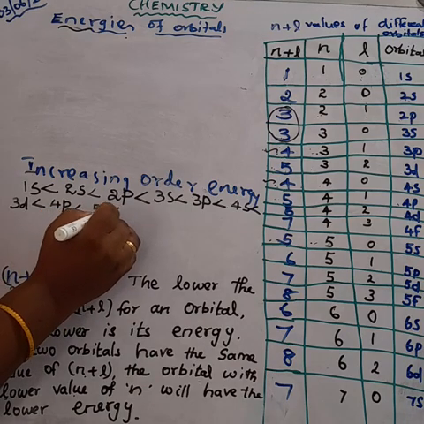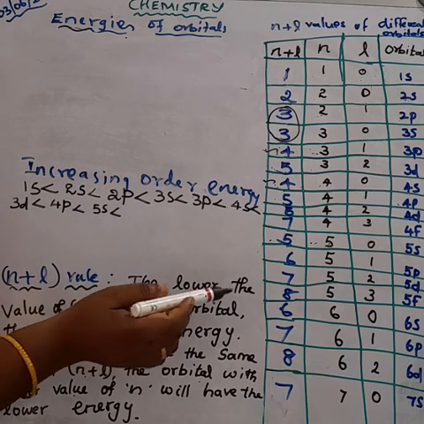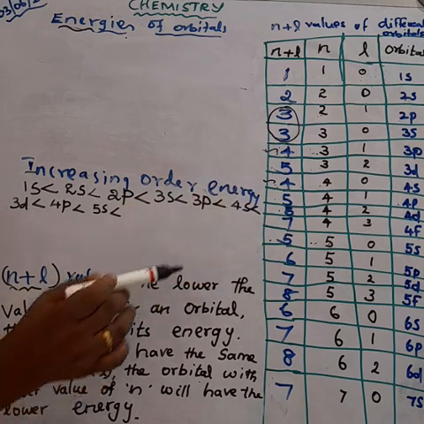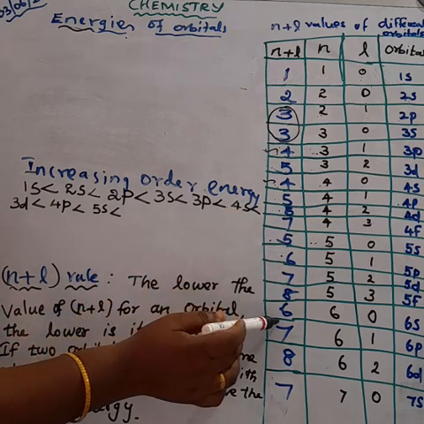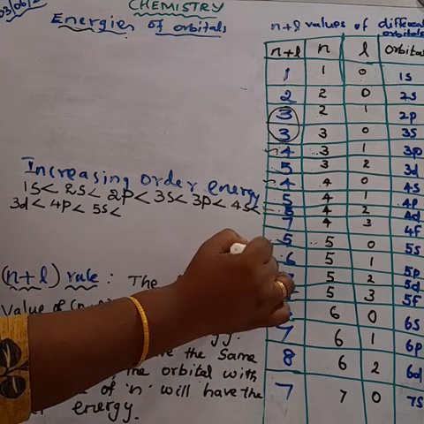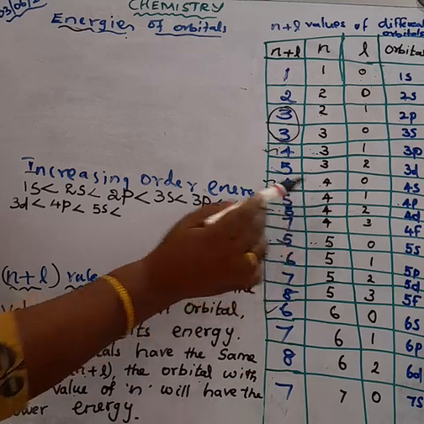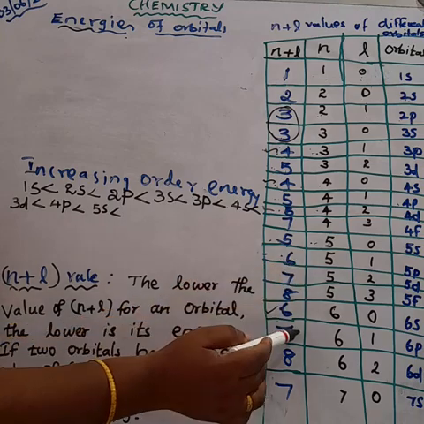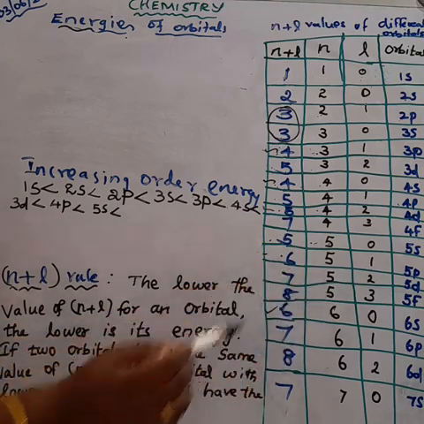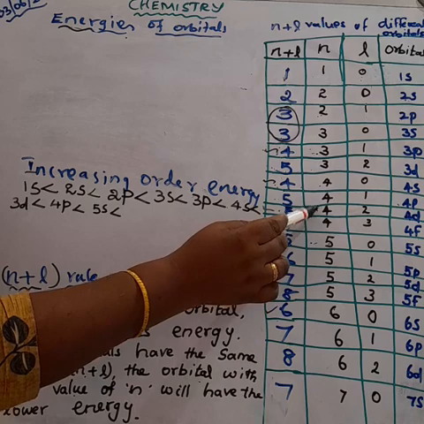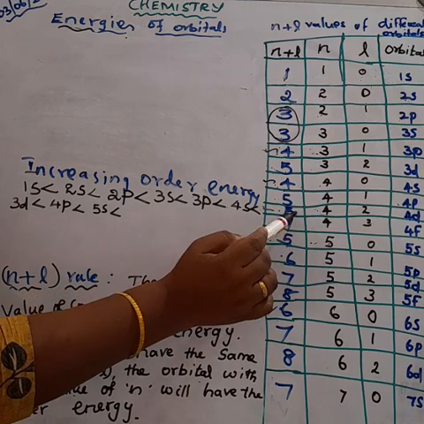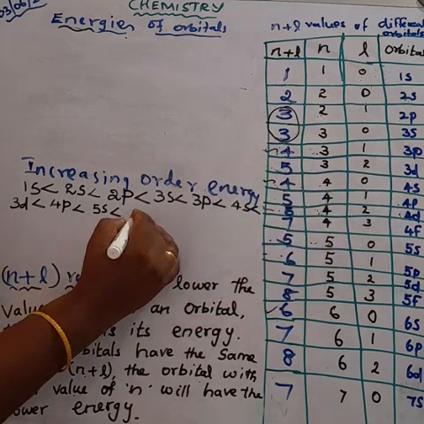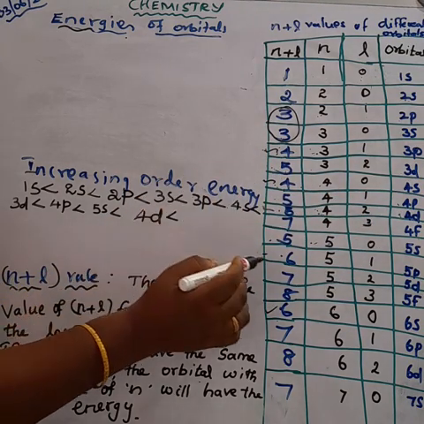Okay, so after that 5, which one is the lower n plus l value? 6. Here 1 has 6, here 1 has 6, and here 1 has 6. Totally 3 have the value 6, so we can take the lower n value. This is the lower n value 4, and for this 6 it is n value 5, and this 6 has n value 6. We can take first this 4. So after 5s, it is less than 4d, less than 5p, and less than 6s,